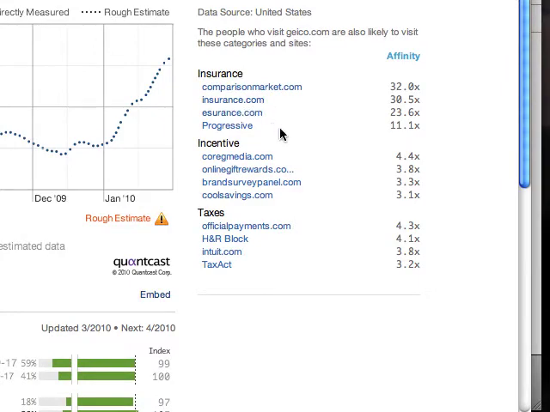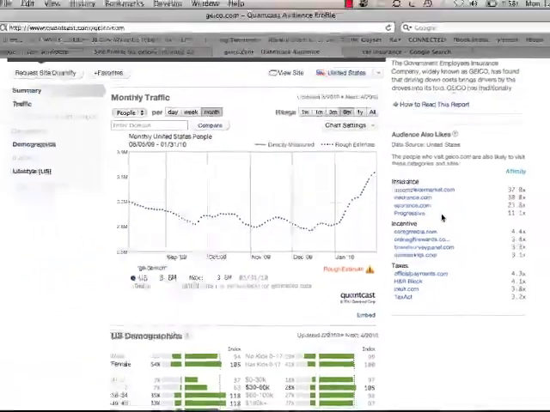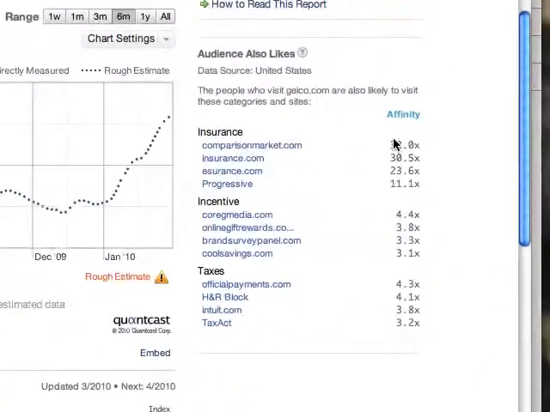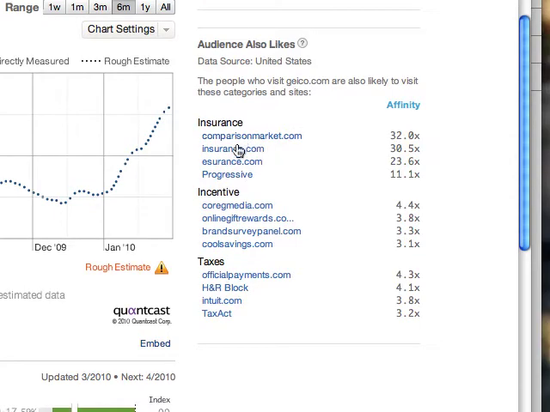busiest car insurance websites on the internet, these people also like to go to websites such as comparisonmarket.com. A person who goes to Geico is 32 times more likely to go to comparisonmarket.com than your average internet user. They go to insurance.com and so on and so forth. So this starts to show you where else your